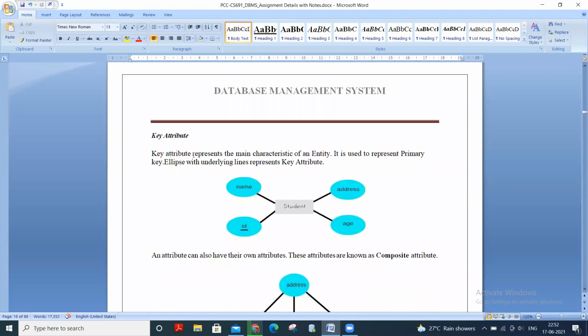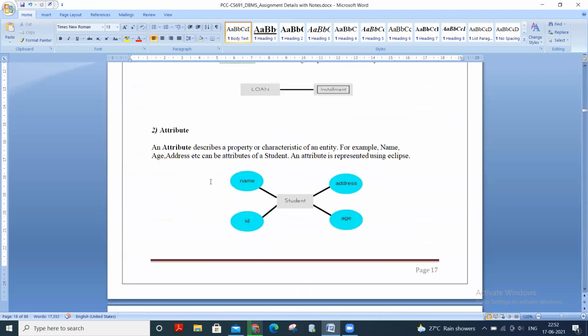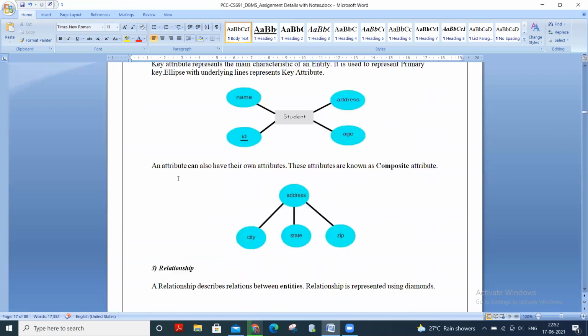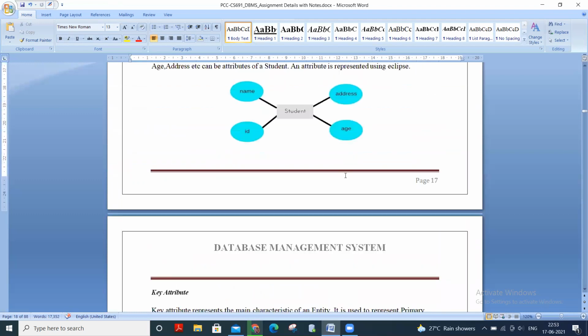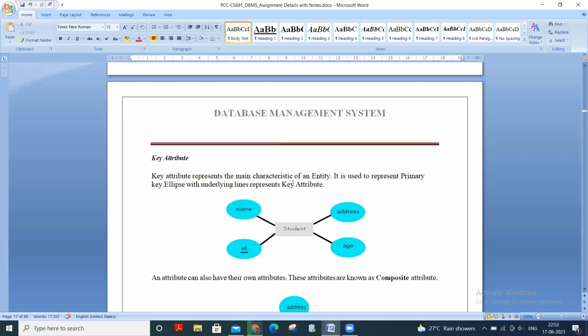Now the classification of attributes. Key attributes. A key attribute represents the main characteristic of an entity. It is used to represent the primary key, which I have mentioned. Here, ID can be represented as the primary key. So this is the key attribute.